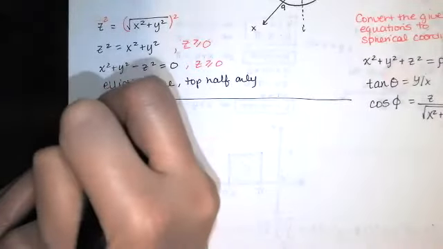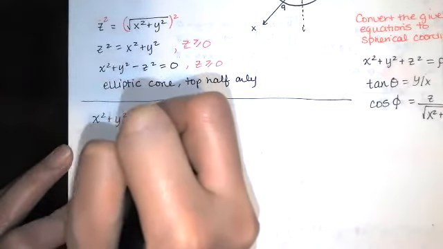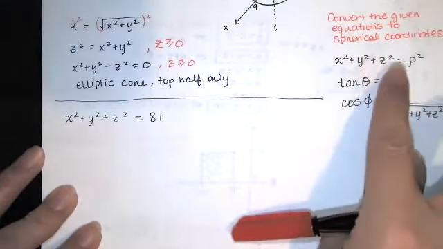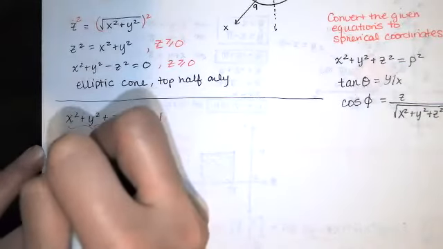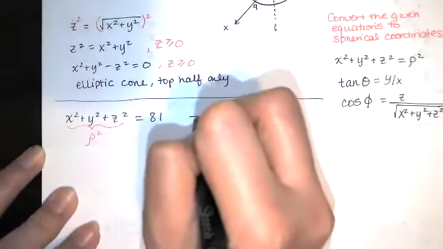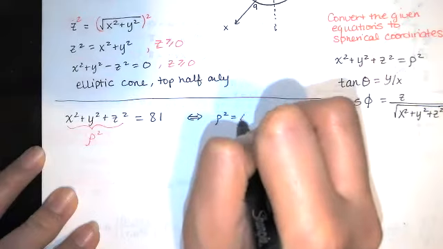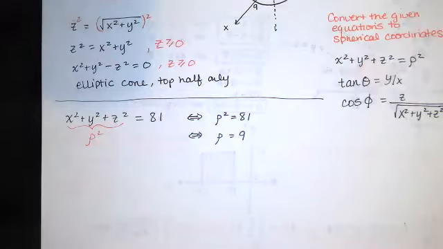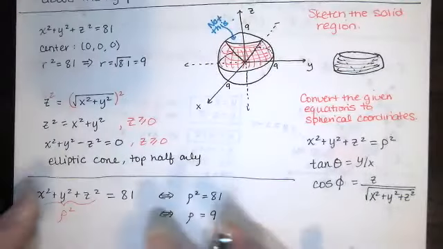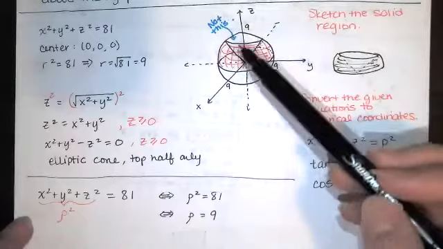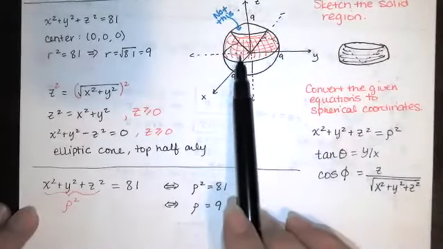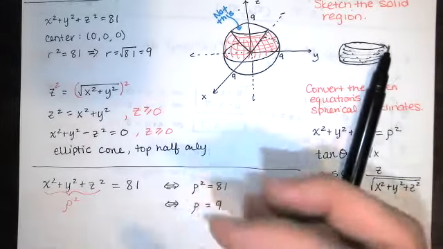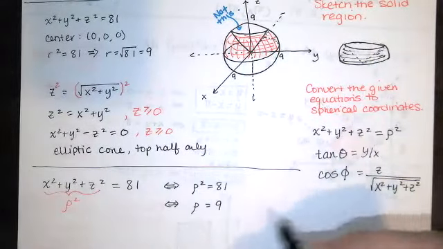So let's start with x squared plus y squared plus z squared equals 81. Well, using our coordinate conversion formulas, we know that this is just rho squared. So we've got rho squared equals 81, which means that rho equals the positive square root of 81, or rho equals 9. Now, rho equals 9 is just the sphere, it's just the outside, it's not that solid region. So rho is actually going to go from 0 out to 9,